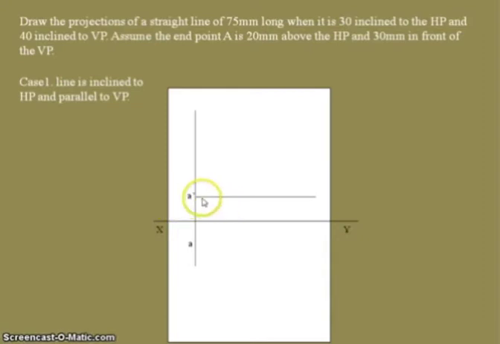So from this point we need to take a horizontal reference line, then look at the inclination. Now use the protractor and measure the angle, that is 30 degrees inclination with respect to the A dash point. Represent the angle, that is theta.